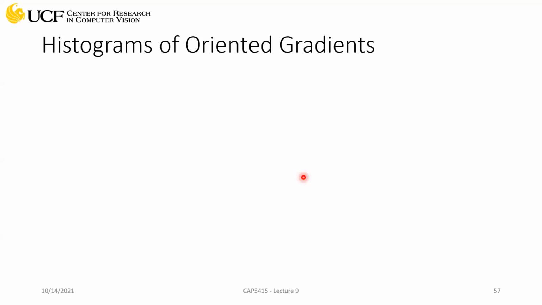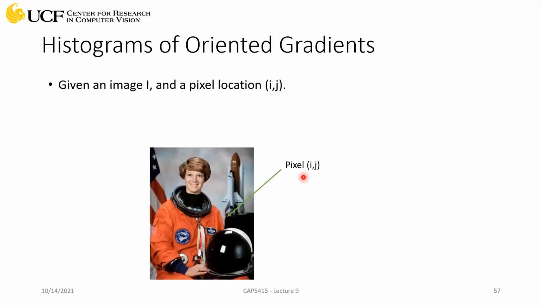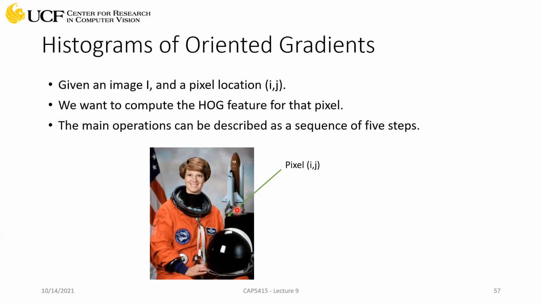Now you know histogram and you have seen edges. Now let's see how we can compute the histogram of oriented gradients. So we have an input image I. What we do is, for each pixel location, so ij is the location, right? We want to compute the HOG feature, right? So we are computing the HOG feature not for the entire image. First, we start with just one location. So what we do is,